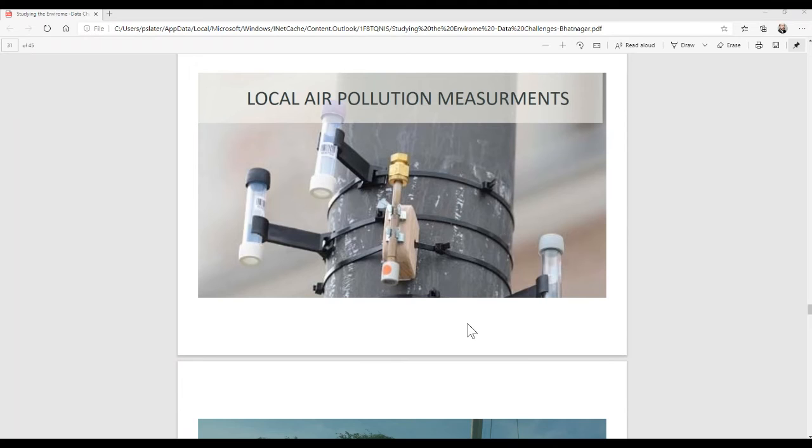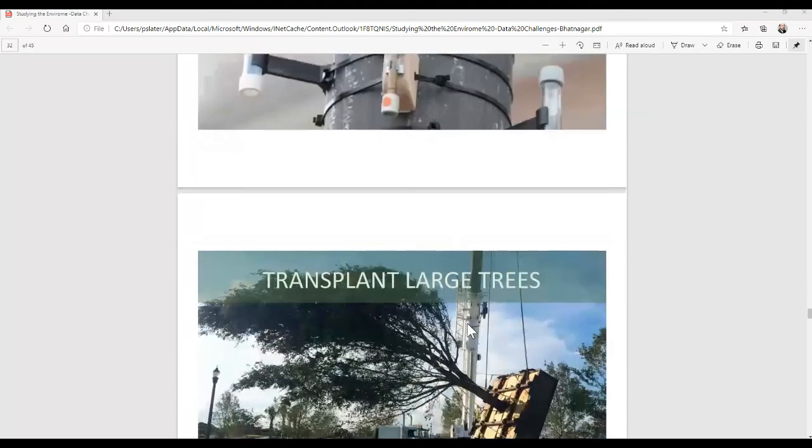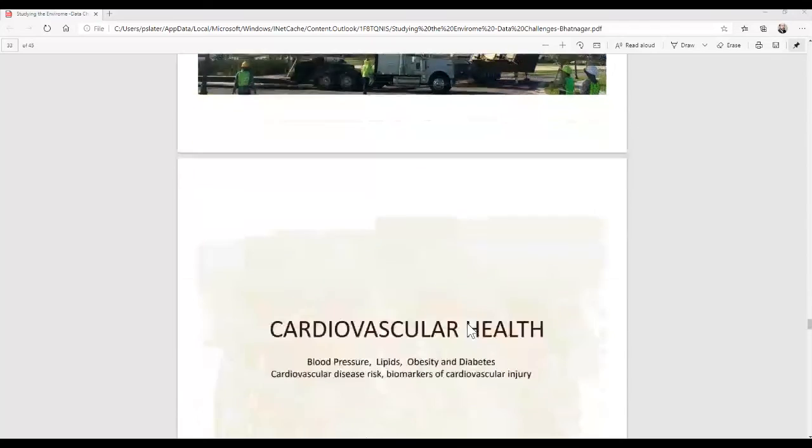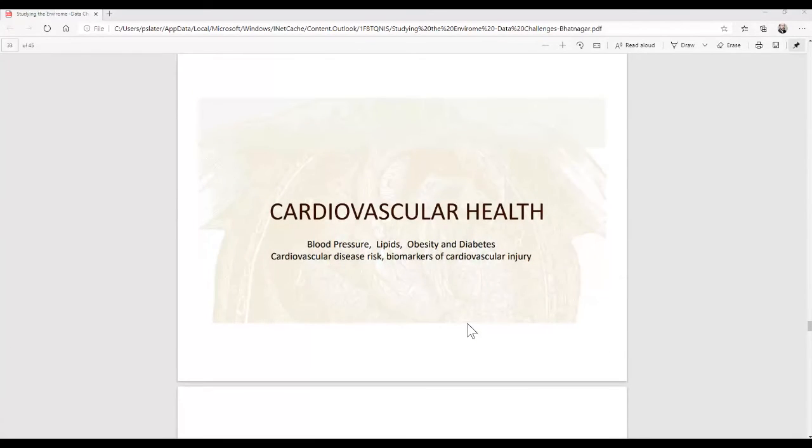So once we know all of this, we go to the next slide. What we plan to do is to plant large trees, and then be able to tell whether or not these trees would make a difference. Can you move to the next slide, please? Okay, so after doing that, we would be able to assess what is happening within the neighborhood, and whether or not the greenness would make any difference. So in order to compute all of this,